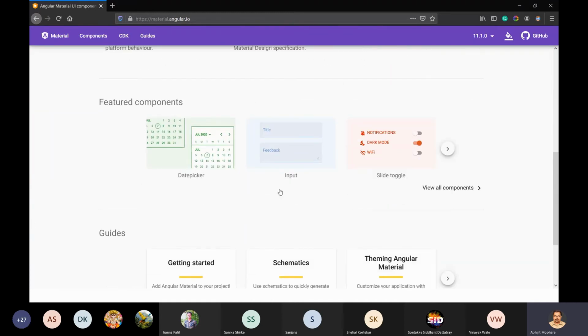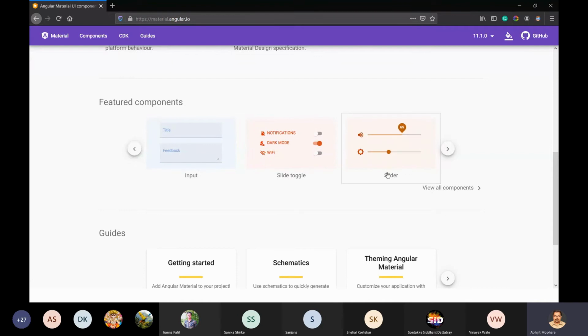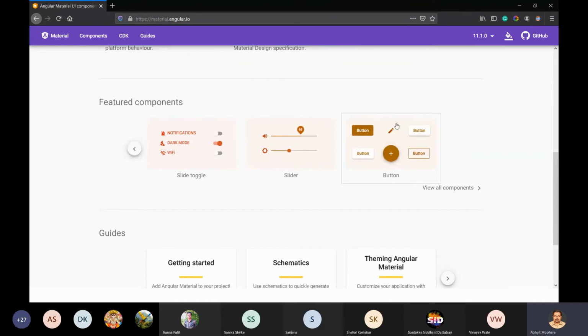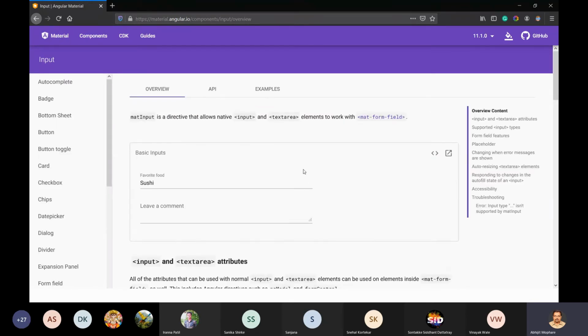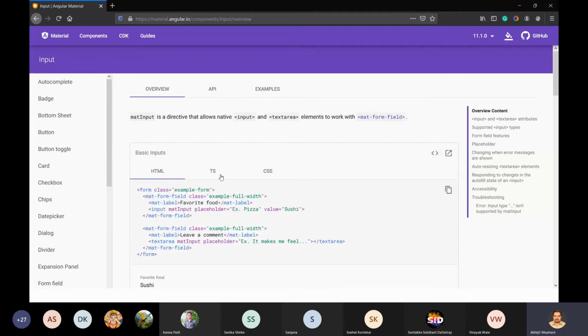Such as date picker, input, toggles, sliders, all these components, buttons, that you normally see in your mobile application. These are all developed using HTML and CSS. As you can see, this is the code for this.